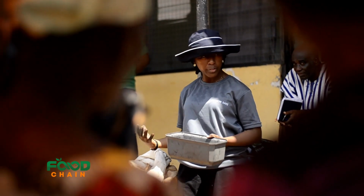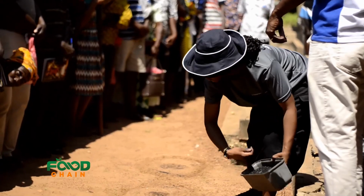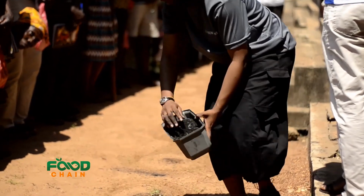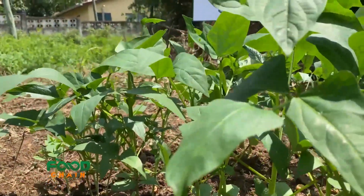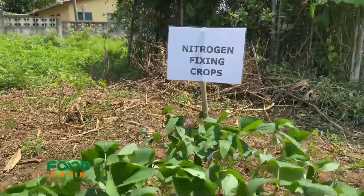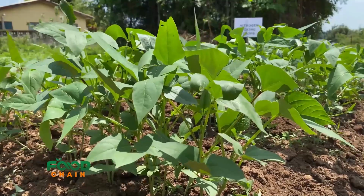Audrey S. Daku is founder of Sabon Saki, an agri-tech company transforming the agriculture sector with climate-smart and resilient practices. High level, it contains nitrogen, right? And for me, it's a natural form of it. So you get to plant, for instance, soya bean into your land, and your land might be depleted of nitrogen to grow your crop. So you planting that in, you will not just only get soya bean at the end of the day. You're able to fix the nitrogen you need so that the next